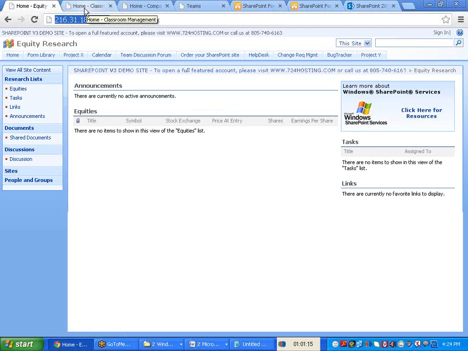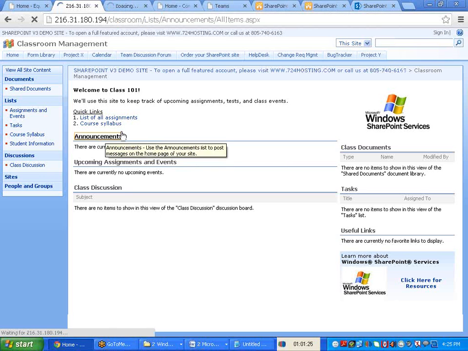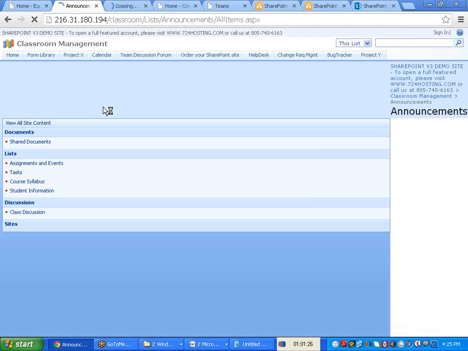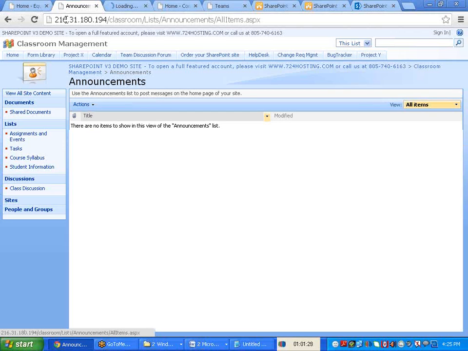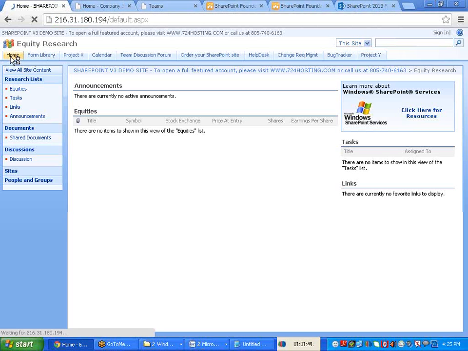So based on that, here we can create a list. Here also we have a list. So announcement is also a list type. Whatever item you add in the announcement will come in this site itself. This is the announcement. We can add it, and that announcement will display in the site. This is the concept of lists and libraries. And if you come here, home site,